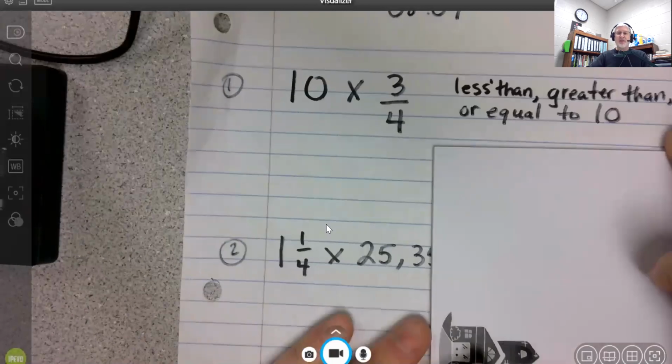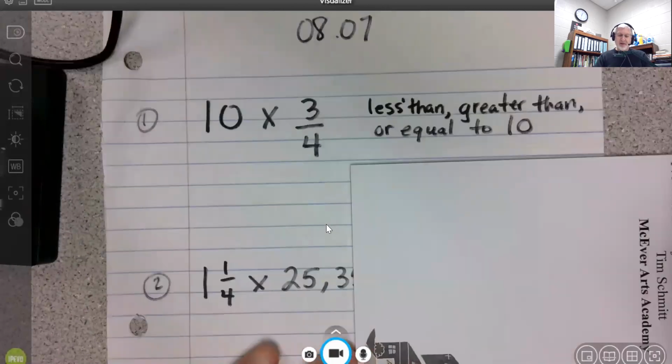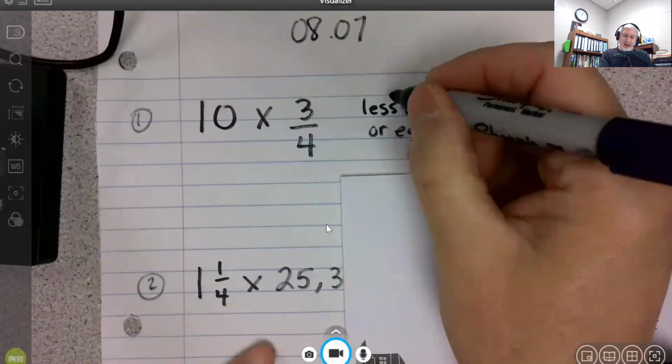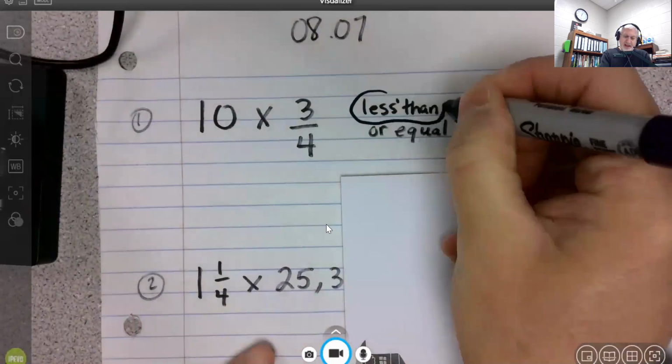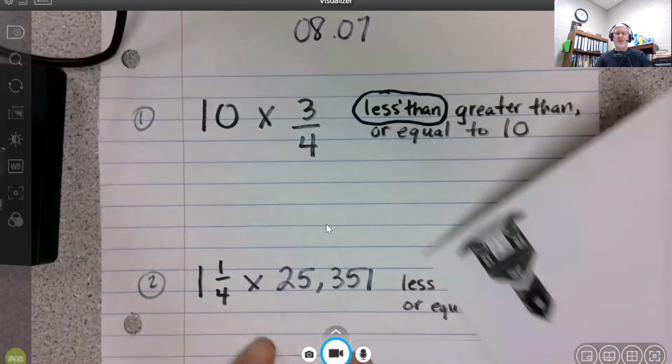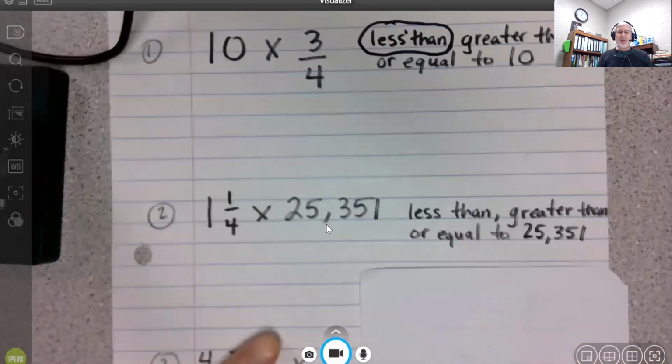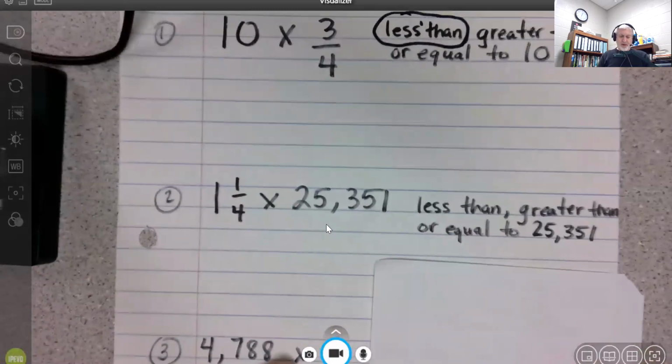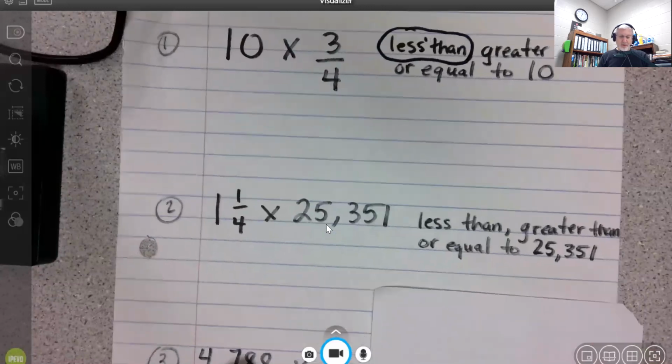So is it less than, greater than, or equal to? It would be less than. So less than is the correct answer. Okay? In our second problem, we have 1 1/4 times